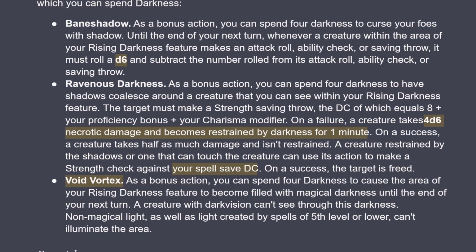You're spending these points right away with your bonus action, then doing your regular action attacks to regain and top back up to your maximum. And that just means when it says until the end of your next turn, you've got probably your entire turn plus your entire next turn to benefit from it, which makes it feel all the easier to regain your darkness